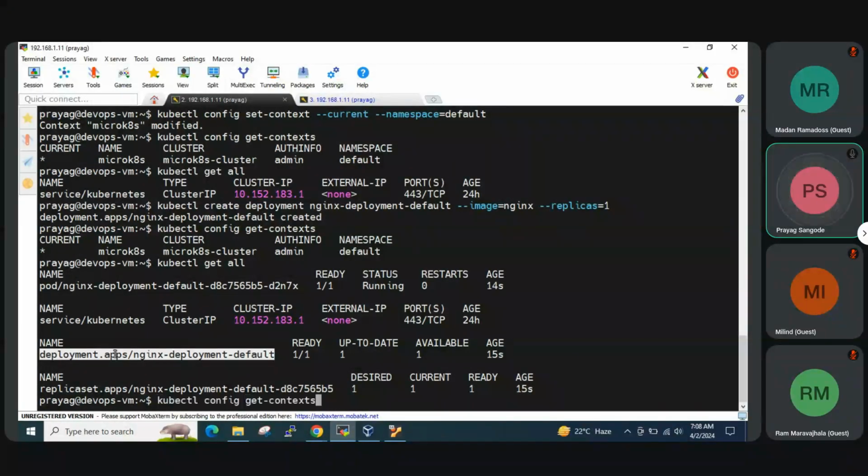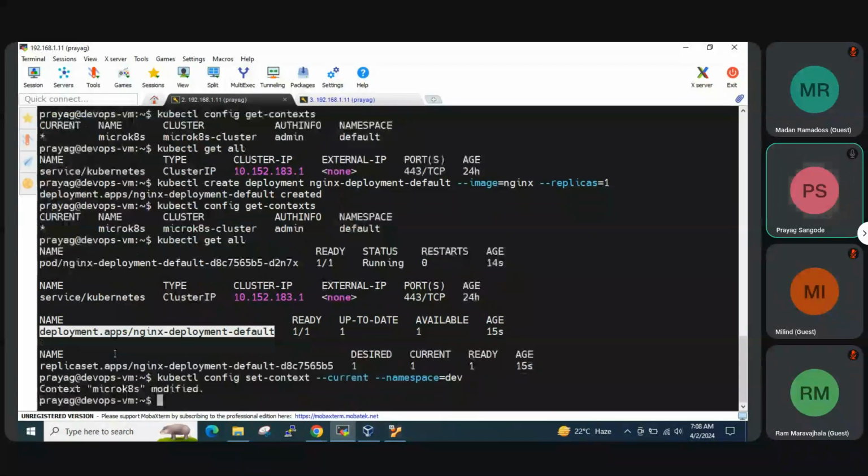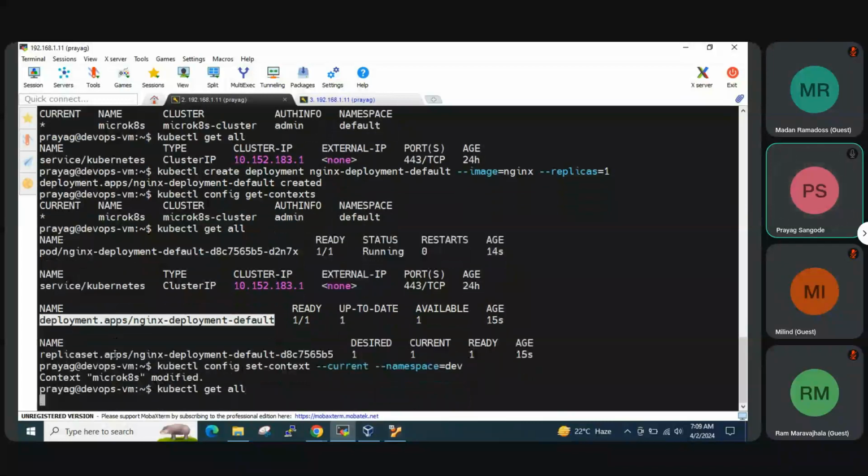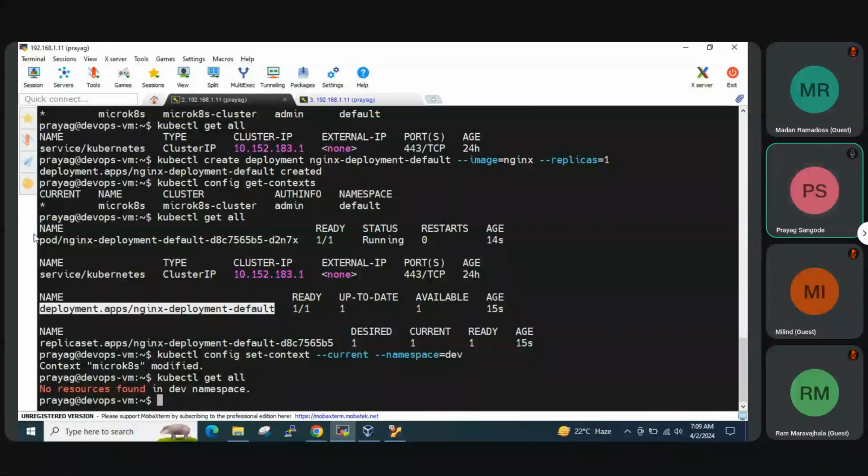Now if I set context to dev, now I'm inside the development namespace, and if I do kubectl get all, it is again empty because I've created this deployment in the default namespace, not in the development namespace. Now I'll create the same thing in the